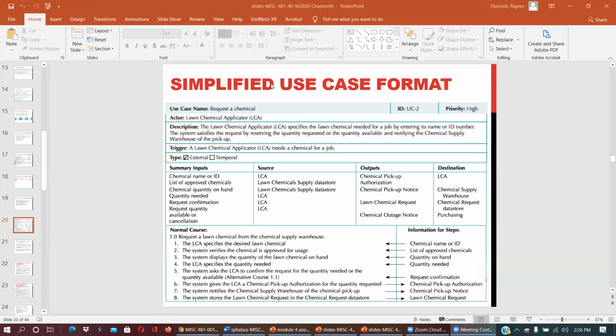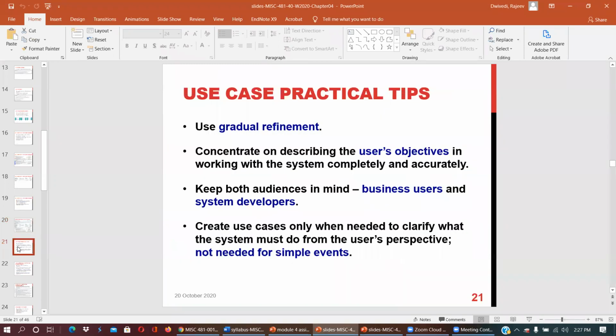Therefore, the system analyst has to have a complete understanding of the business and how it works, or do complete research in order to understand. So this is a use case format.